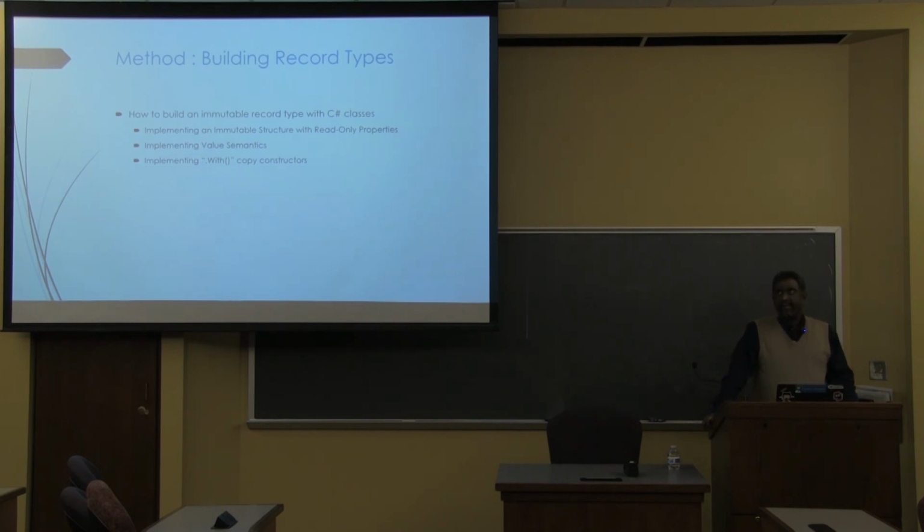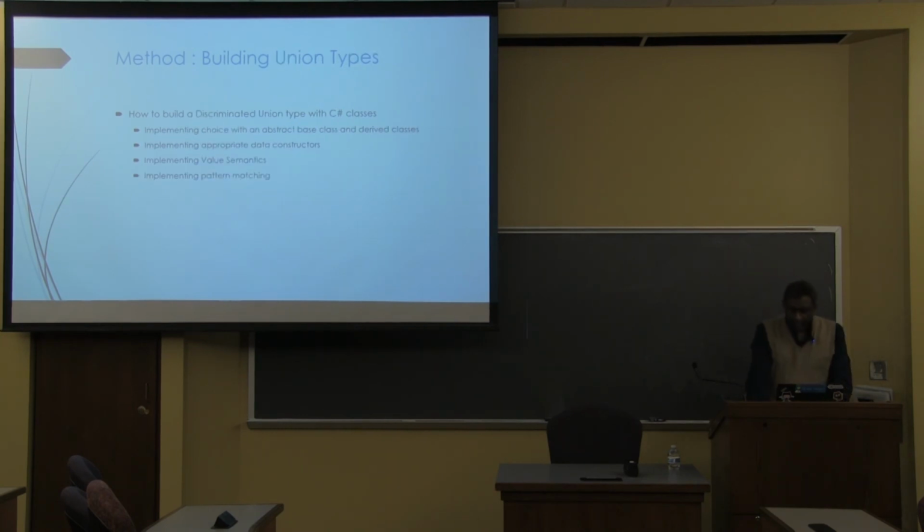Sure. The question was, if you're not going to move to C# 7 in the near future, will it still be useful to talk about this? The answer is absolutely yes. But what we'll do is work through the sum types, because first of all, that is a little more esoteric in terms of a concept to a typical C# programmer. Then we'll dive through the process of actually developing a sum type, and then we can come back and look at how that same process would apply to building a record type. And you'll find that it's actually a lot easier to do this. So I'll still move on with the sum type, just to get moving.